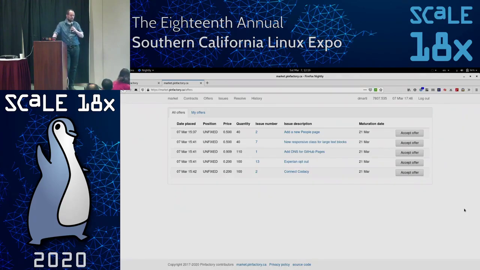So back to the question of maintainers and putting work on the maintainer to resolve an issue. In a lot of cases, it's going to be very clear to both sides of the contract when an issue is either fixed or extremely likely to be signed off as fixed by the maturity date.